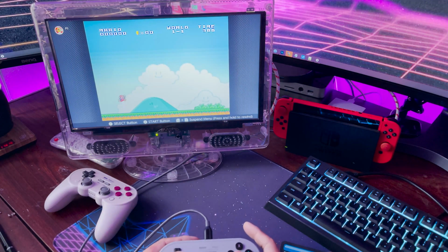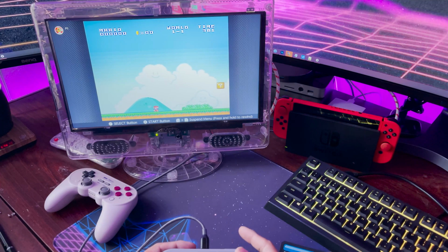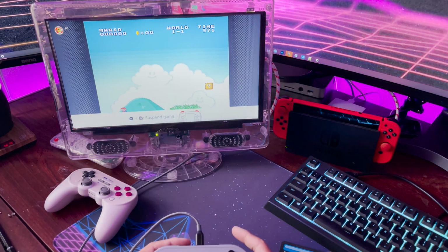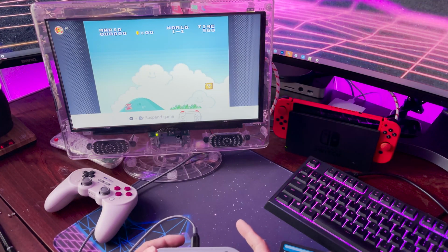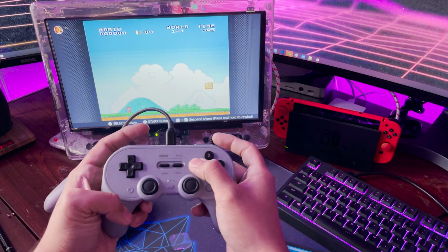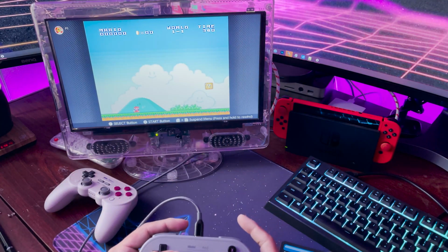All right, so we've got Super Mario 1 loaded up here, and by default, the Y key, see, I've still got it set to turbo here for Y, so we don't want to do that. So let's hold down the Y button here and turn off turbo. So now,